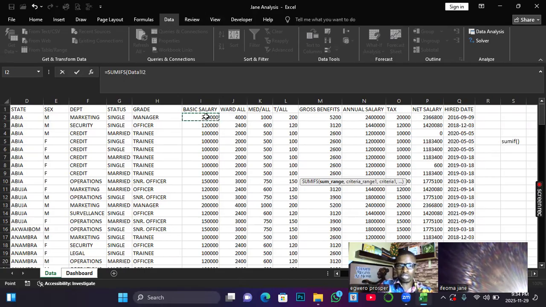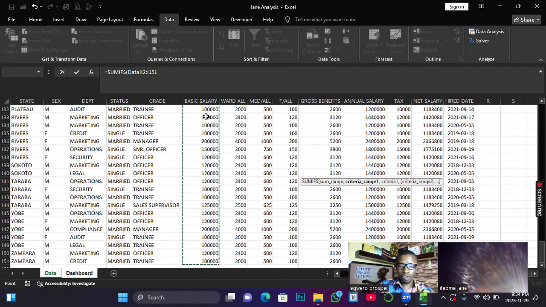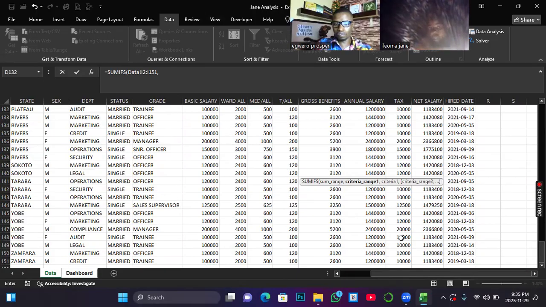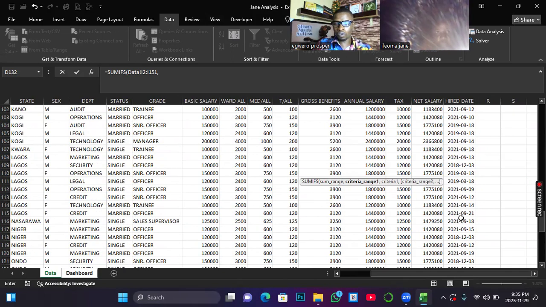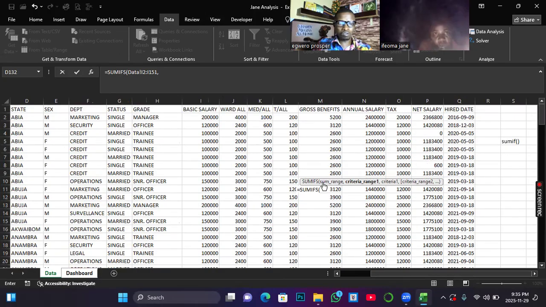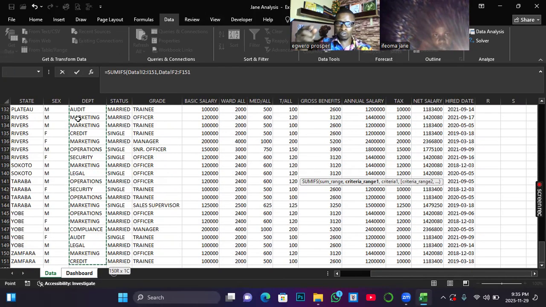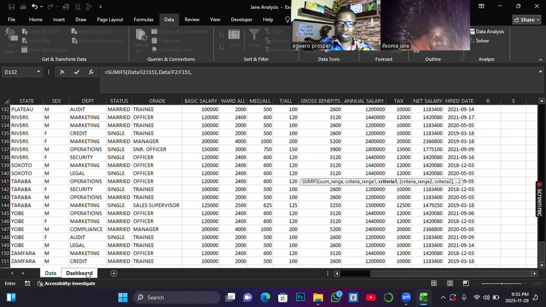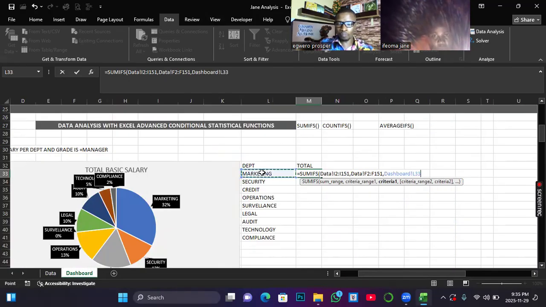So let me go with this kind of selection. Comma, then criteria range 1, which is the selection of department. So this is an avenue for you to see that I'm trying to use another selection method to see where the error is. Then comma. Then criteria 1, I have this criteria mentioned. I come here and pick this. Then criteria range 2, I'll go back to the data